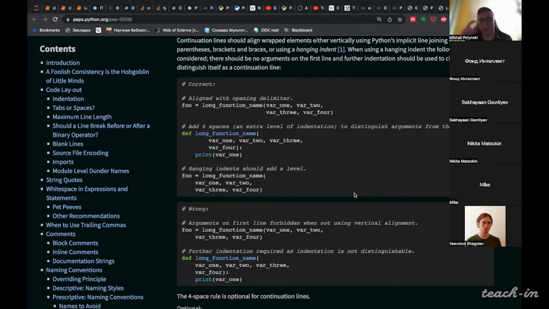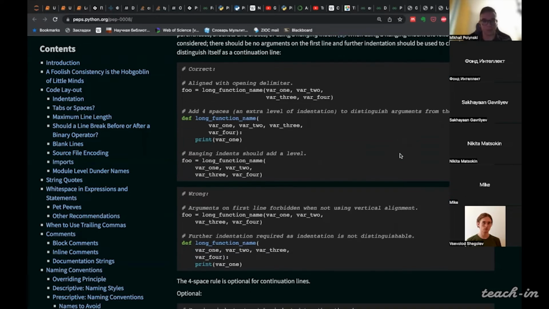Of course, some indentation practices are strictly forbidden, and the code with wrong indentation may be quite a problem.